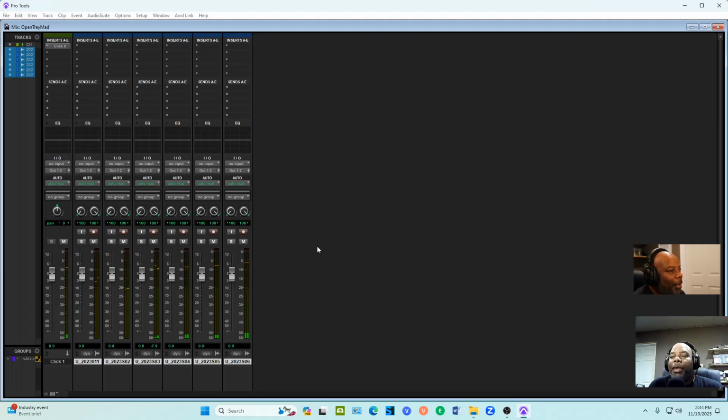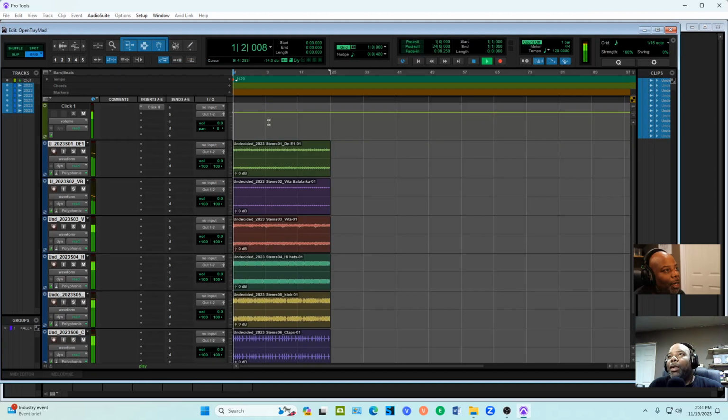So I'm able to bring everything over to the system, right? But so let's give you another window. Let's do the edit window. So this is the edit window. But one thing I understand and I already know, I'm getting popping in my ears. I didn't know it was a big thing with Pro Tools and OBS. So they were having issues. I didn't know. So I had to watch the video just like everybody else to figure it out.